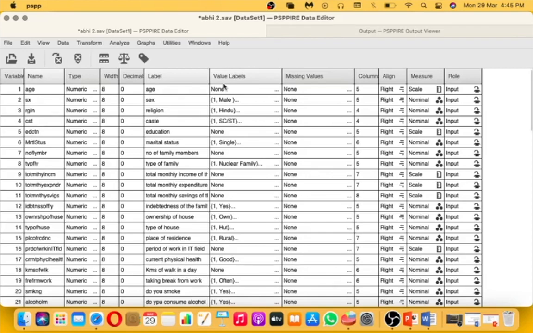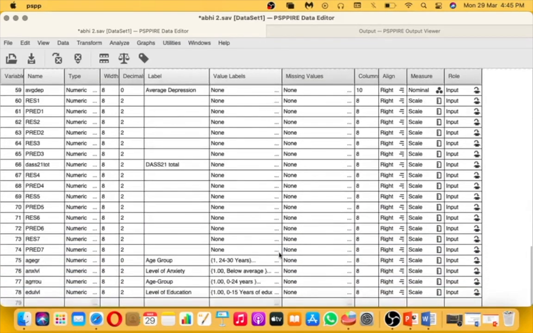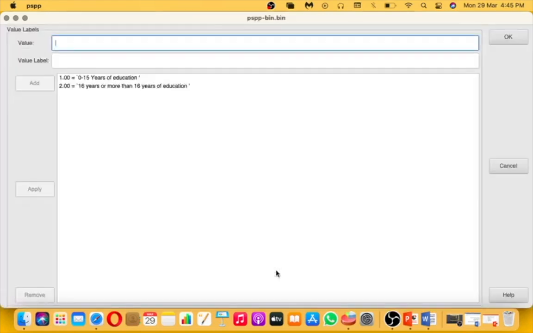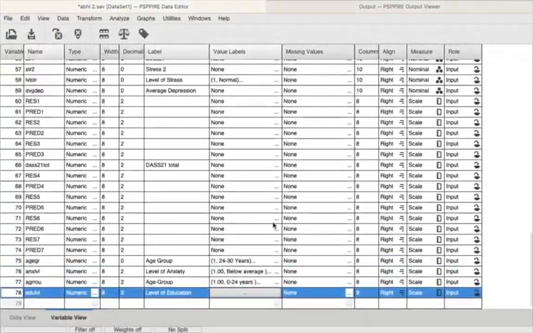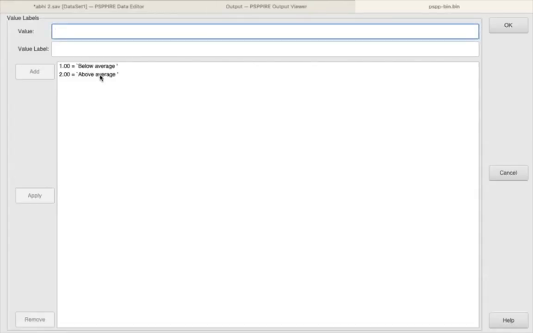Okay. So, let us take the example of gender or sex here, and we have another variable called level of anxiety. I have categorized it into two, below average and above average, just like how I showed you the categorization.